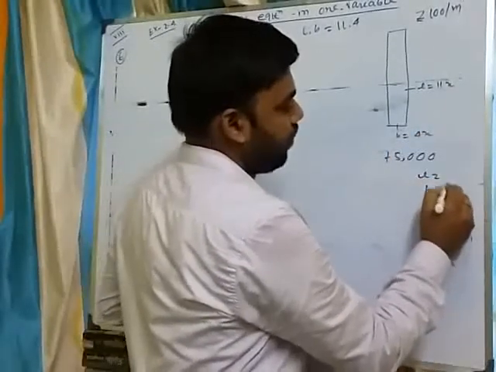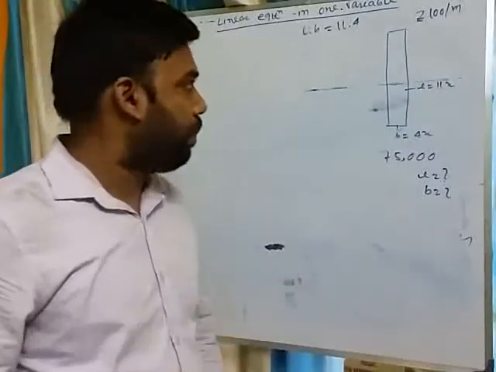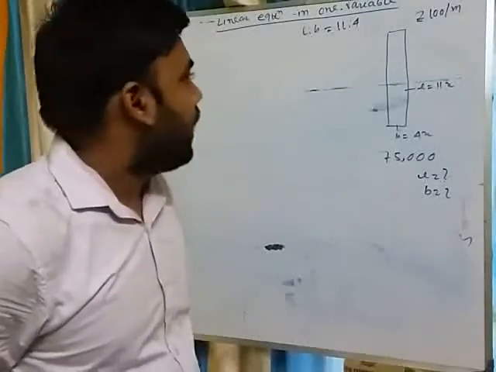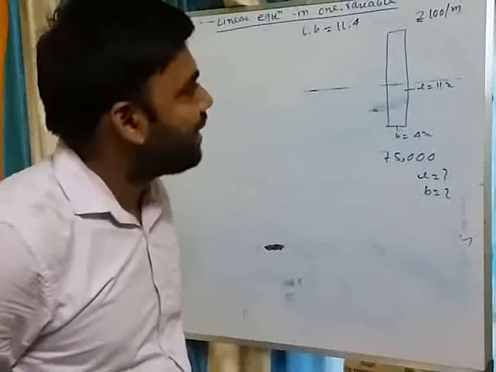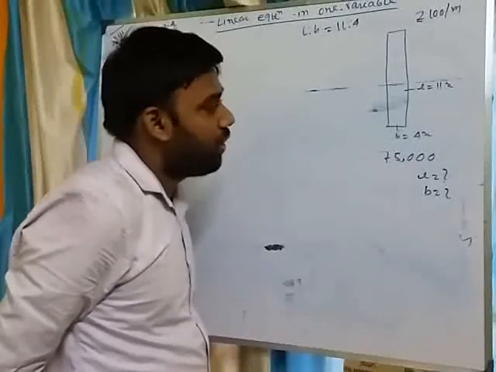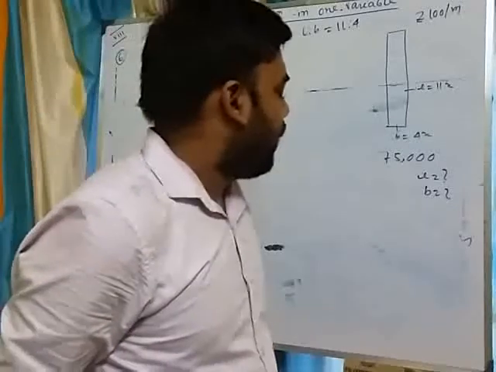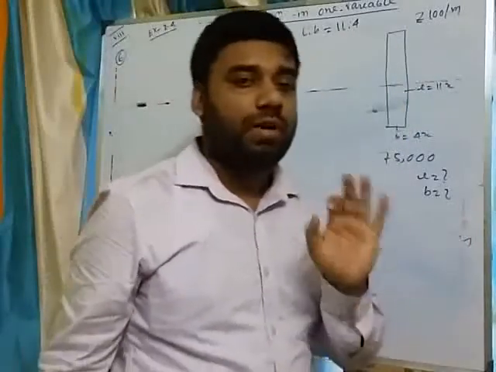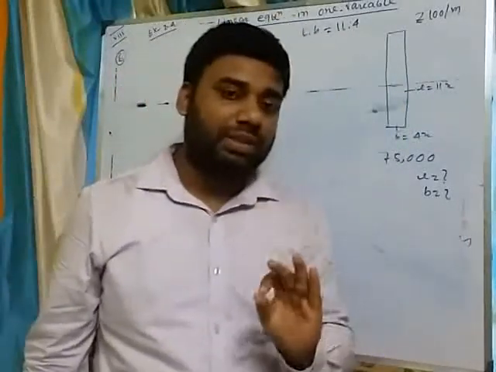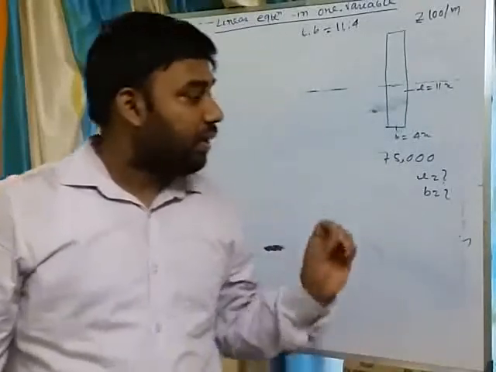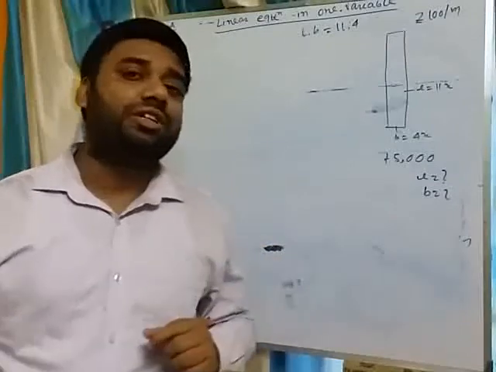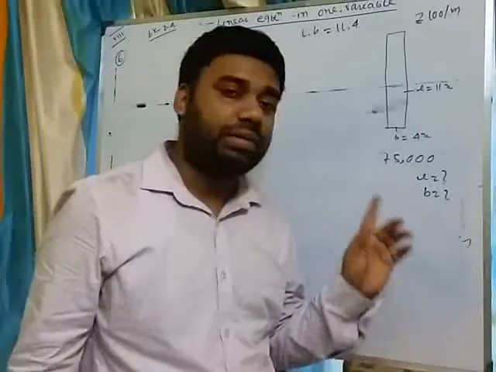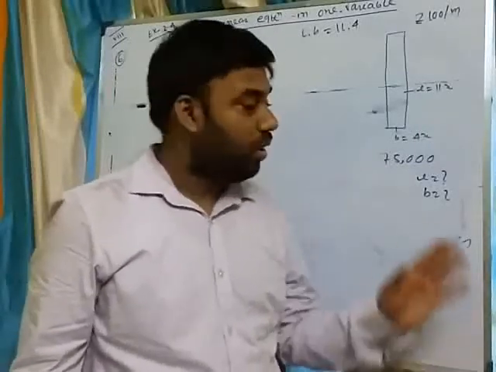So this question is related to a rectangle whose ratio of length and breadth is given, and another condition is given: to fence that rectangular plot, the village panchayat will have to spend 75,000 at the rate of rupees 100 per meter. First of all, the word fence indicates that this sum is related to perimeter.